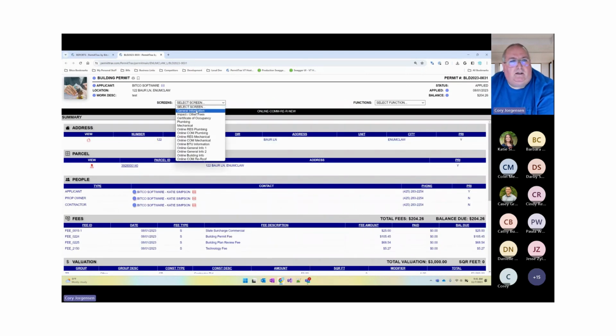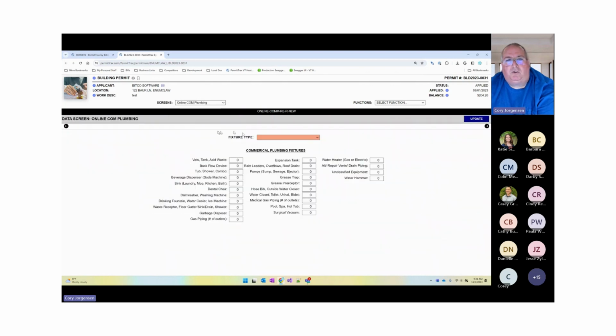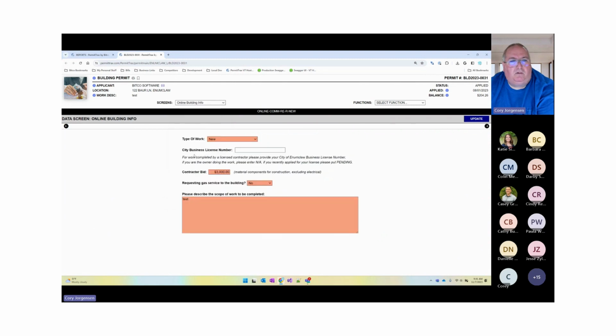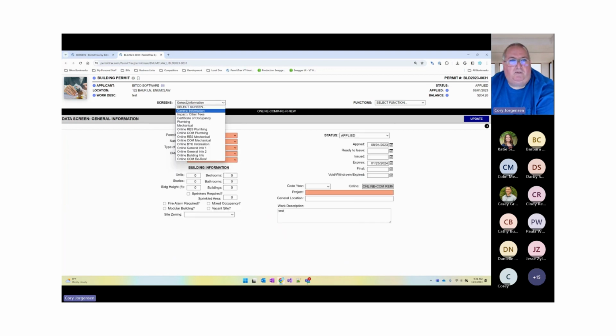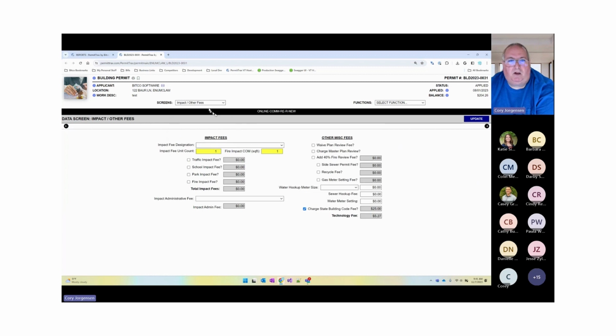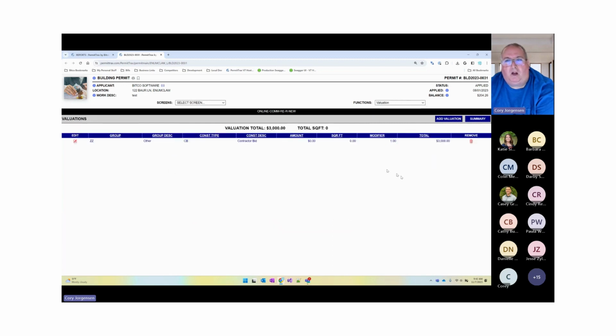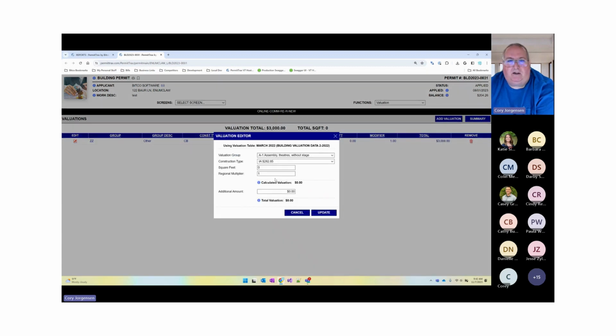So most likely, because it's going to be for like these online commercial, general info, maybe building info. See, there's this contractor bid right here. That field is MON contractor bid. And a lot of times that'll be on the general info, maybe. If not there, it's going to be on these other fees, maybe not. That's the fee that they give. I believe for Enumclaw, it gets added into here for $3,000. But if I add something in here,